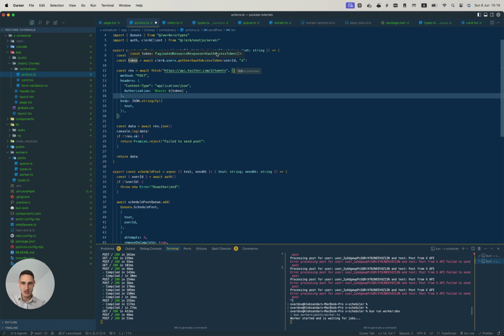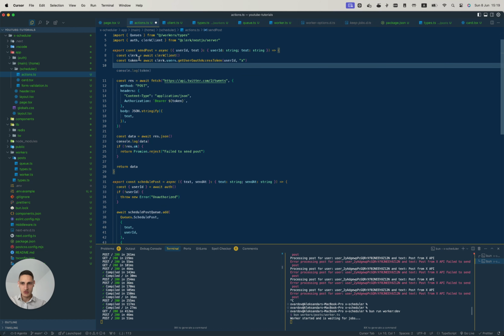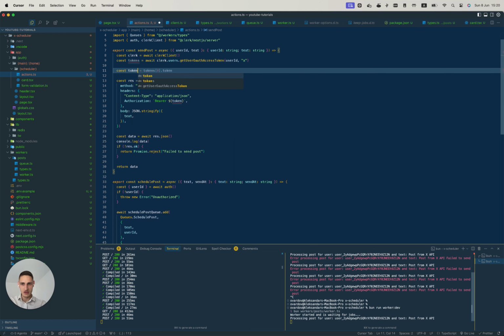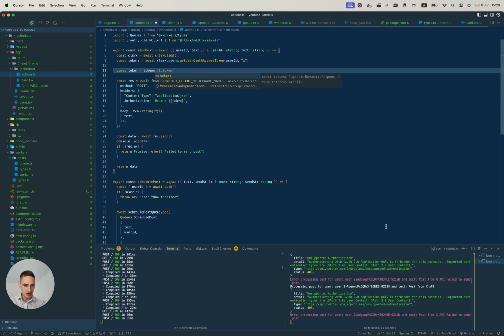So if you see, this is the result. So this is the token. If you would like to get the token, you can see it's 403, so basically unsupported because we don't pass the correct token. So this is going to be tokens at 0, and if there is a value, we would like to get